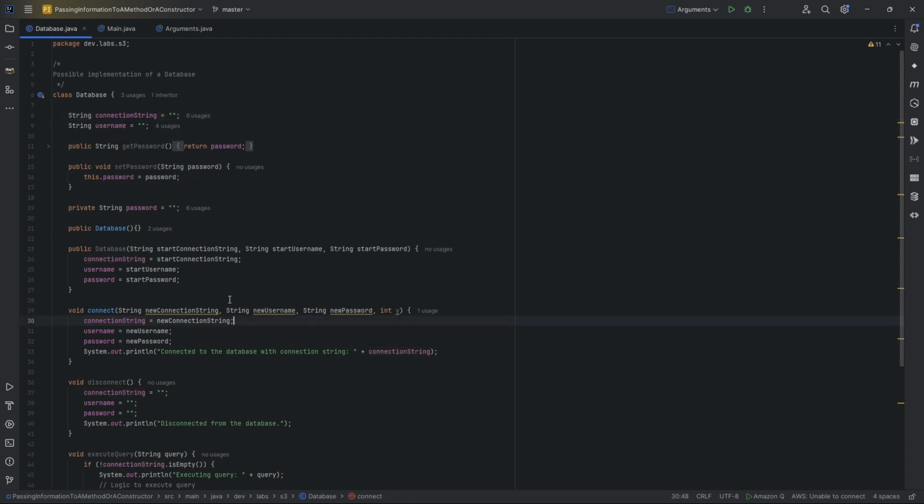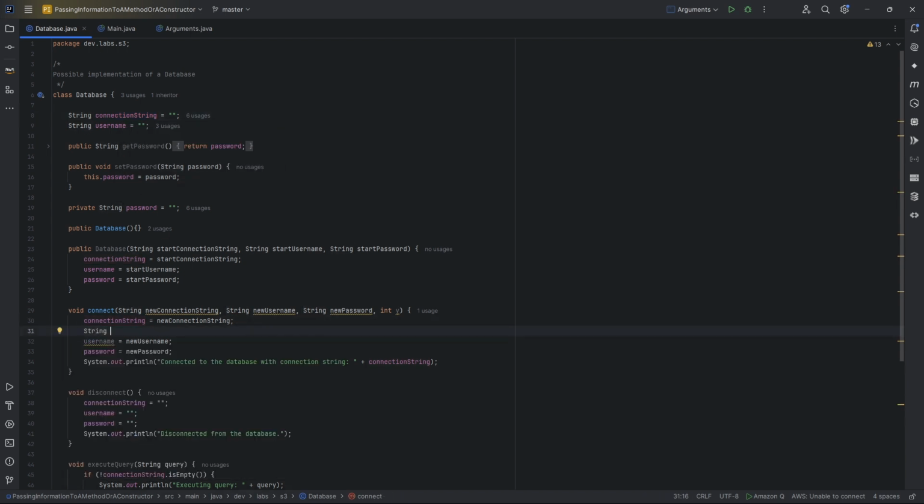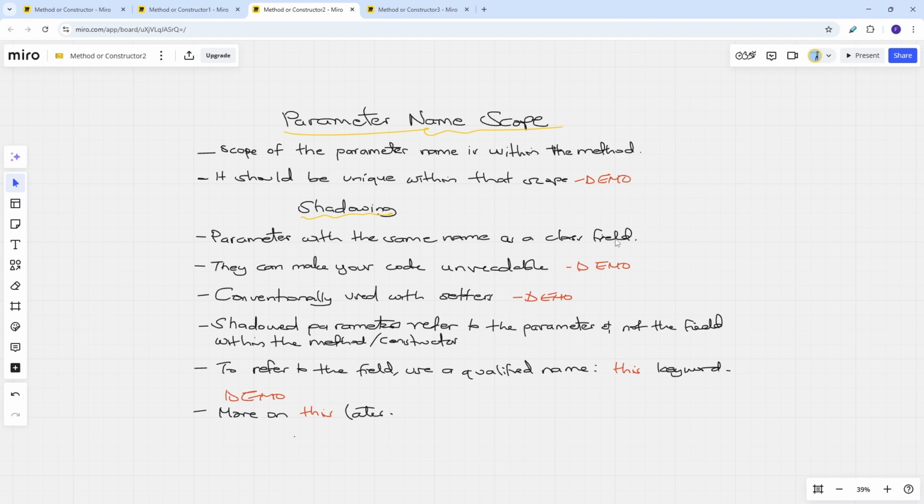If I decide to create another string in here and give it the name connectionString, then that can work, and it will be referring to the scope of the method. So this is the field, but this is the scope that will stick to the parameter, the method itself. You should practice with this, and I'll make a point of noting that in the description on your practice exercises. So when that happens, if you decide to use the same name for your parameter as the field, because